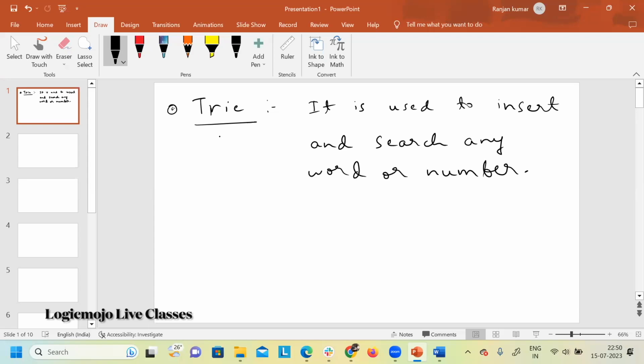So mostly in a trie data structure, right, a single node consists of a character, and that character can be anything, right? So this trie data structure is used to insert and search